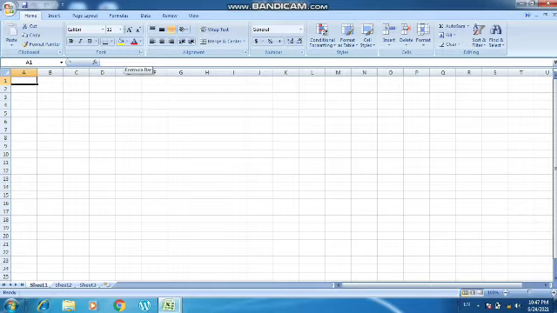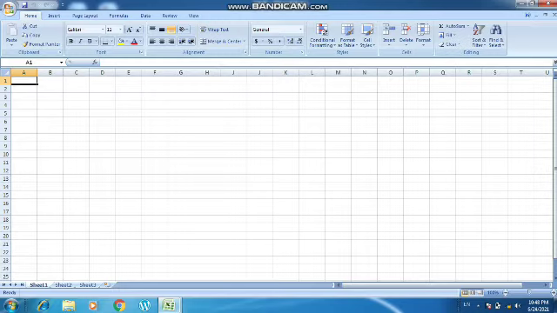Now these are the names of the columns, starting from A to Z, and after Z it will begin with AA, AB, AC, and then AZ.